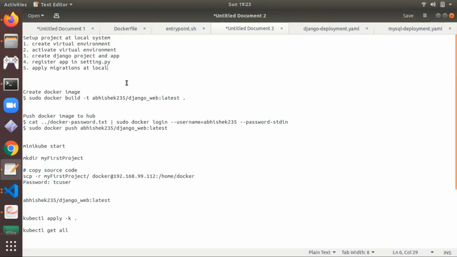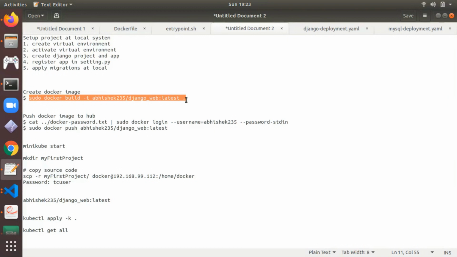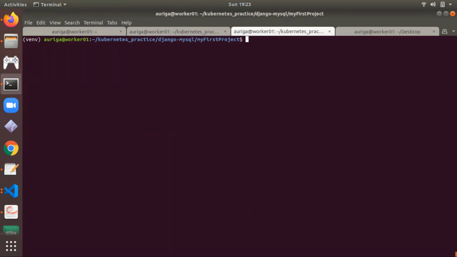So first of all, we have to create a Docker image. This is the command to create a Docker image. Let me close this. Let me show you the Dockerfile also.